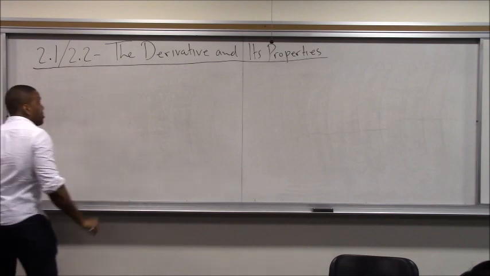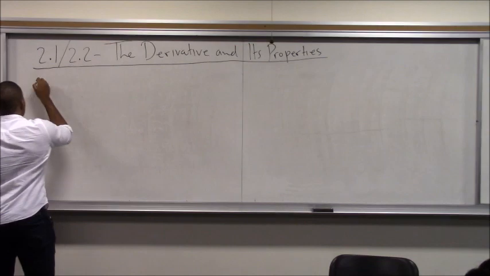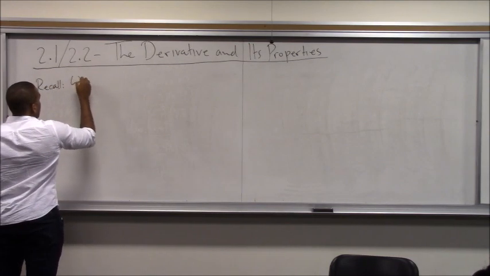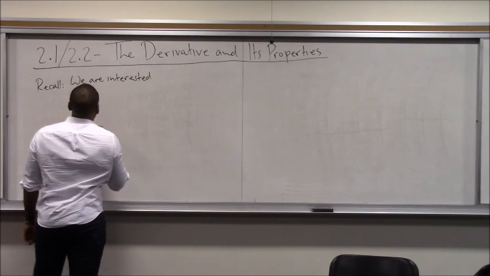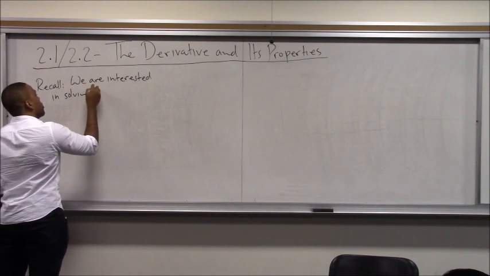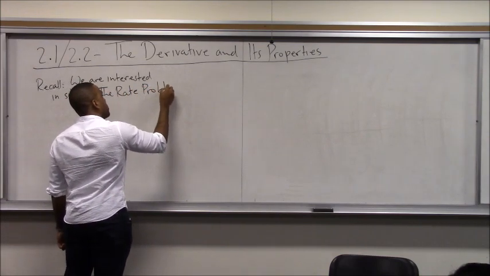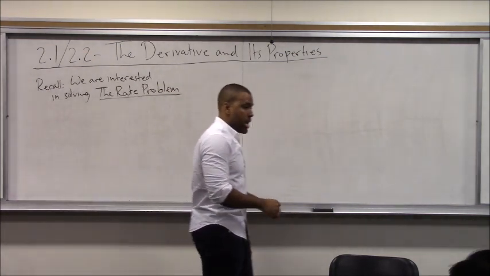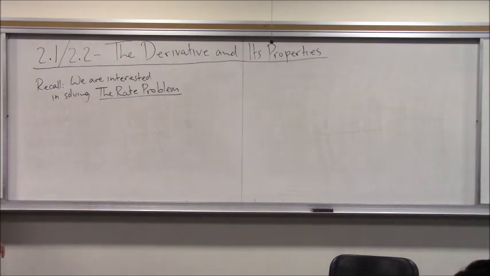Now, I've mentioned the word derivative before. Let's actually specifically identify this. Recall, we are interested in solving what we call the rate problem. I told you that calculus was invented to solve two problems. One was called the rate problem, and the other is called the area problem. So the rate problem is trying to figure out how fast one thing is changing with respect to another thing,